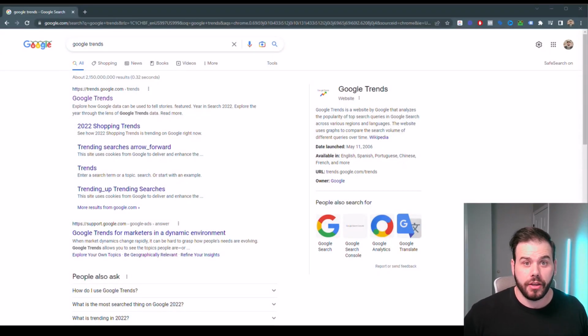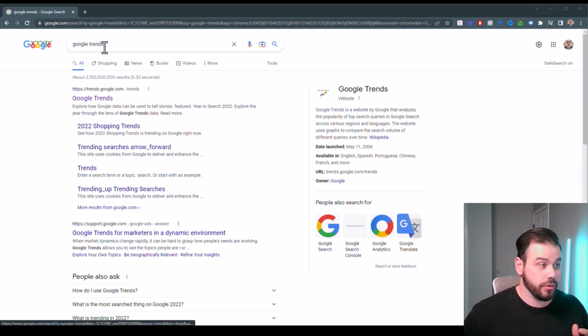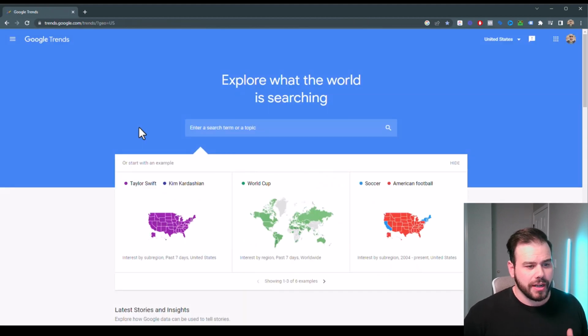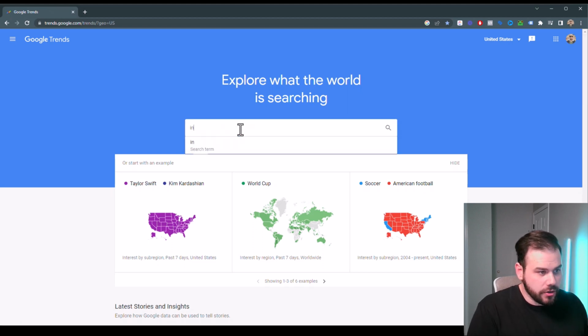So we've seen how these are being sold, but now we need to know what templates we should actually make. So first, we're gonna go into Google and type in Google Trends. And then we're just gonna click on the first link that comes up. And that's gonna take us to Google Trends, which tells us how popular certain keywords are. So here, if I type in Instagram templates,